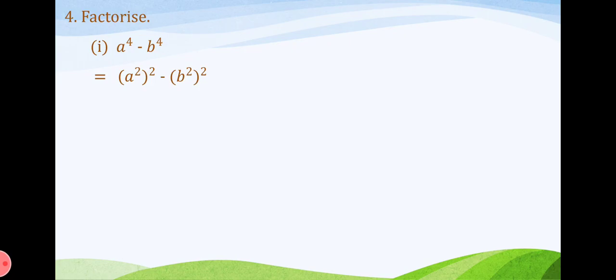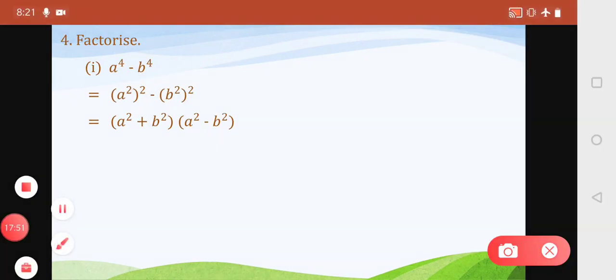Now again two terms, first time we have to add and another time we have to subtract. So we'll write a square plus b square into a square minus b square. Again this plus sign, so we cannot do anything in this first bracket because there is a plus sign in between. Though the first term and second term are perfect squares, as there is the sign of plus in between, we cannot apply any identity. But in the second bracket again you can see that there is the sign of minus